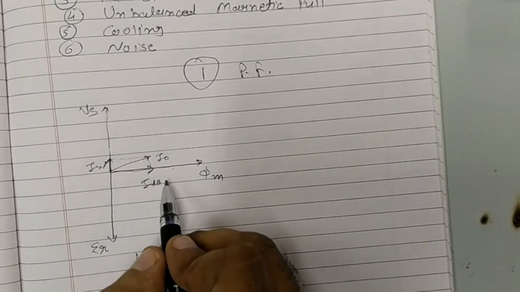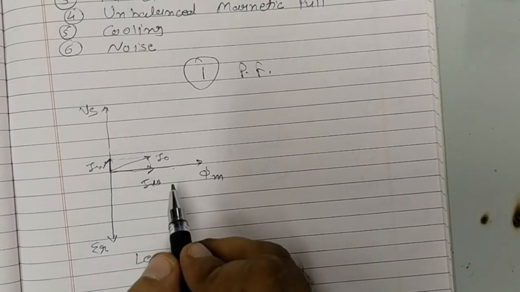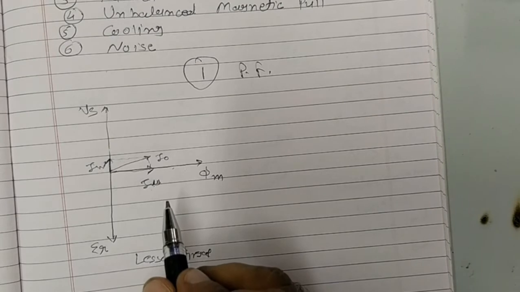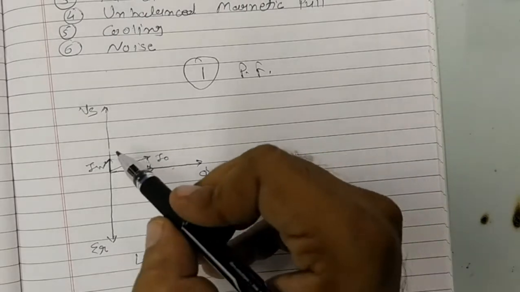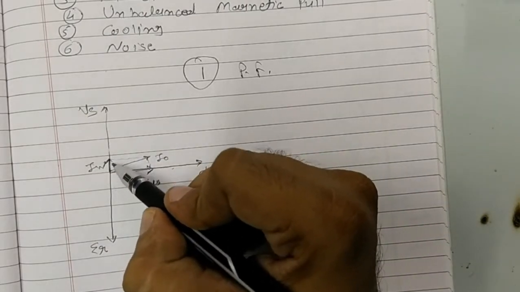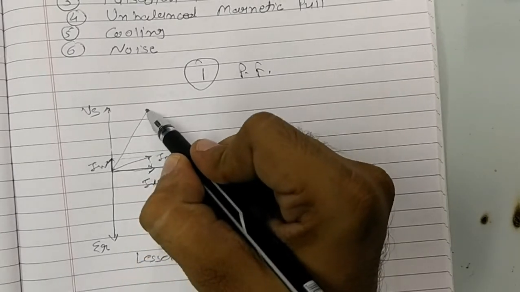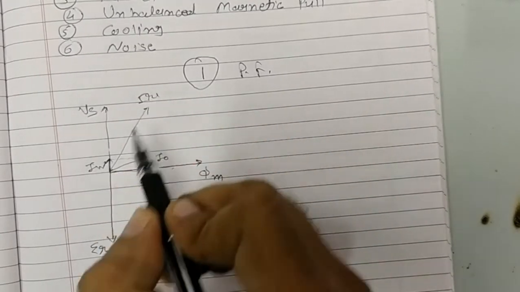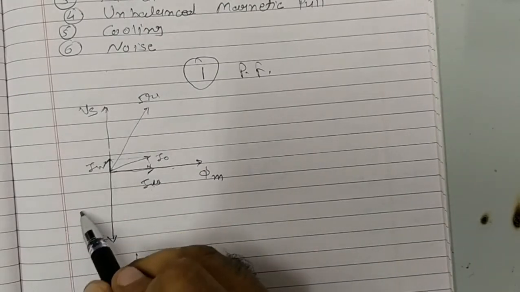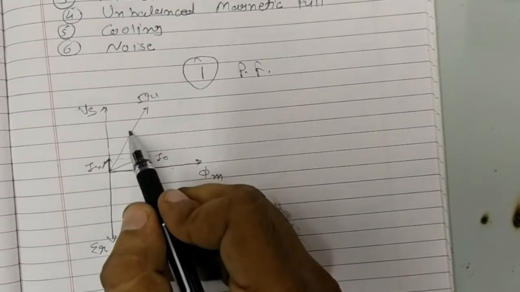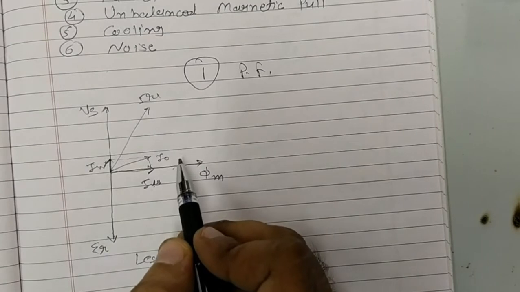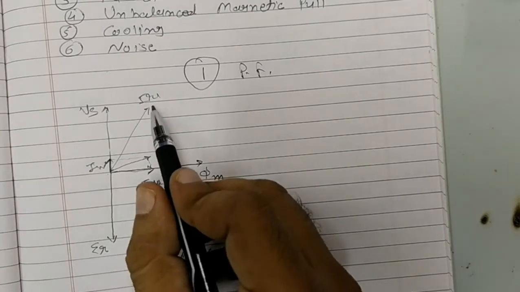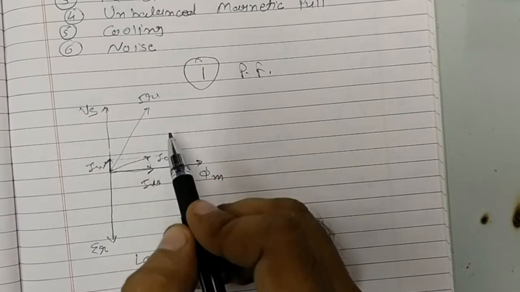Still this is not the stator current, so we need to introduce the current of the rotor referred to the stator, just like we do in the transformer, the secondary current referred to the primary. Similarly in the vector diagram we can indicate the value of rotor current referred to the stator, that will look like this. Let us say it is IR1. The actual rotor current will be in this phase, and 180 degrees out of phase we will have IR1, the rotor current referred to 1, meaning stator. And the combination of I0 and IR1 will give me the stator current.